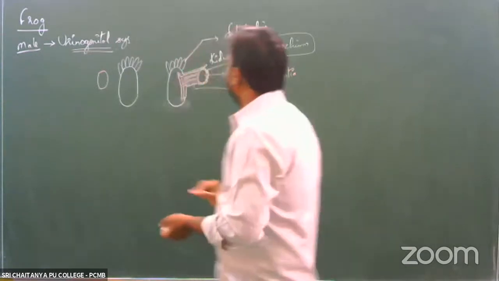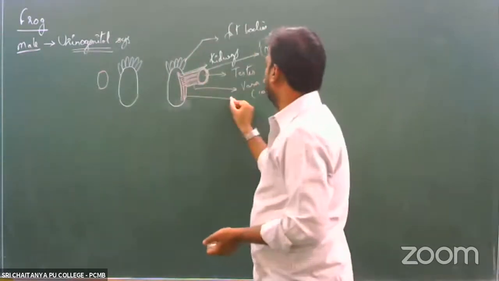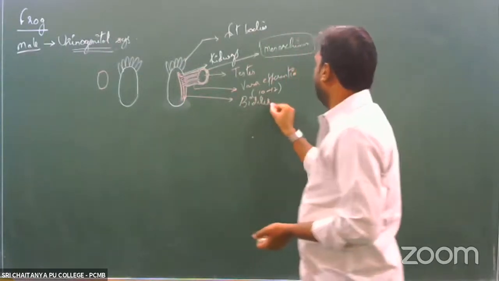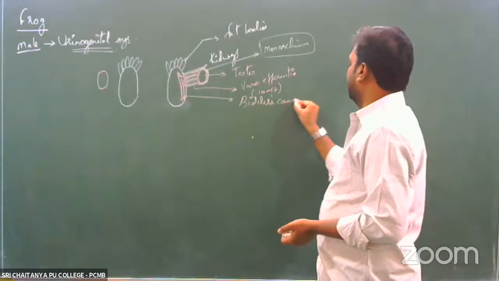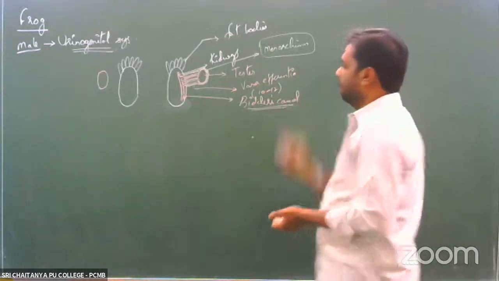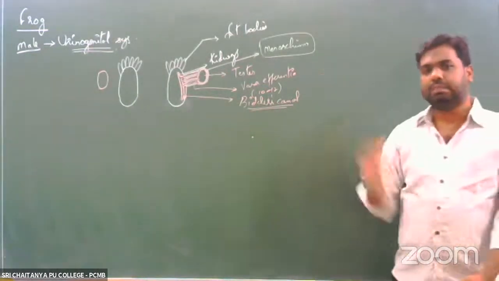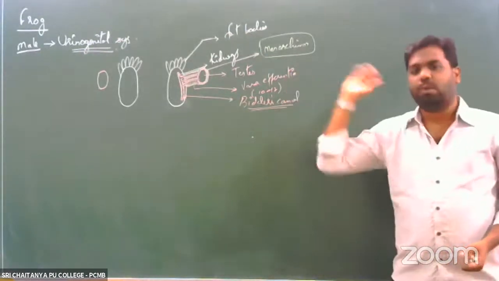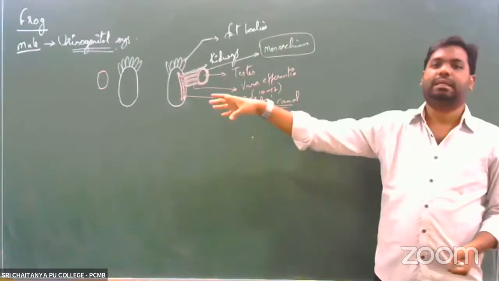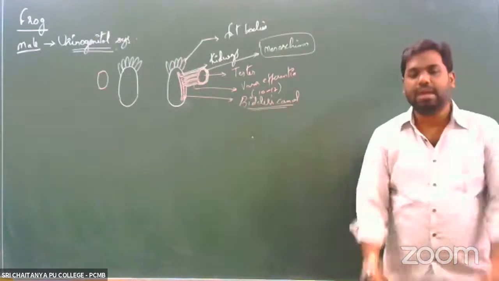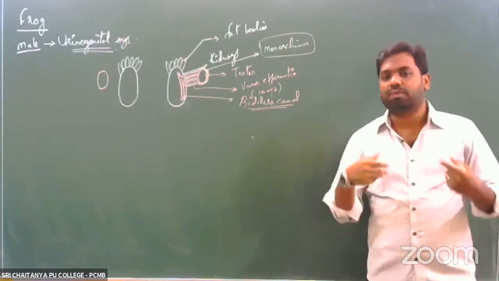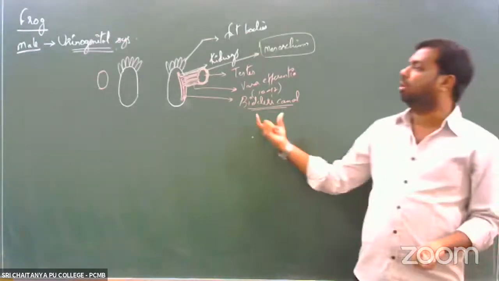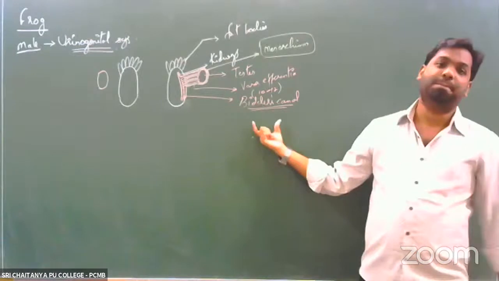And this common duct is called, this is one important duct, the Bidder's canal. Right? So Bidder's canal, one very important duct that you need to remember. So what exactly is this Bidder's canal or the Bidder's duct? All the vasa efferentia, once they open up inside the kidneys, will be connected with each other to form a common duct or common canal, which is called the Bidder's canal. Right?